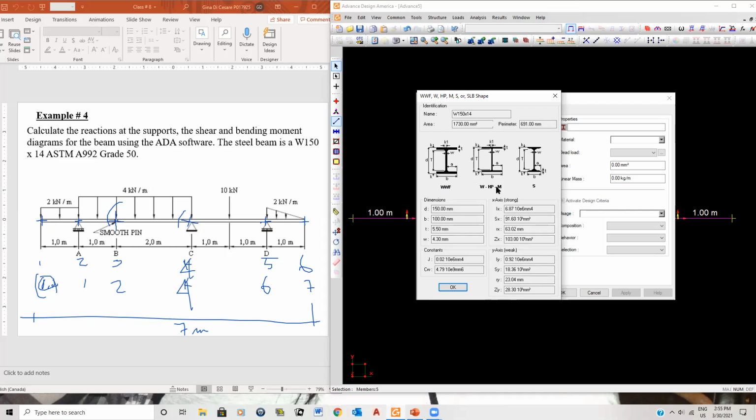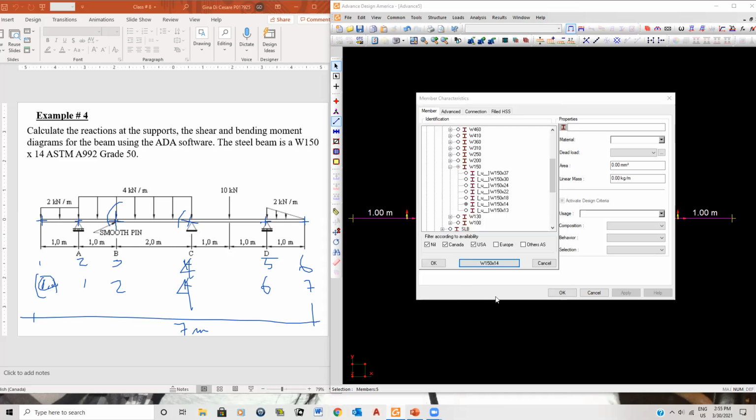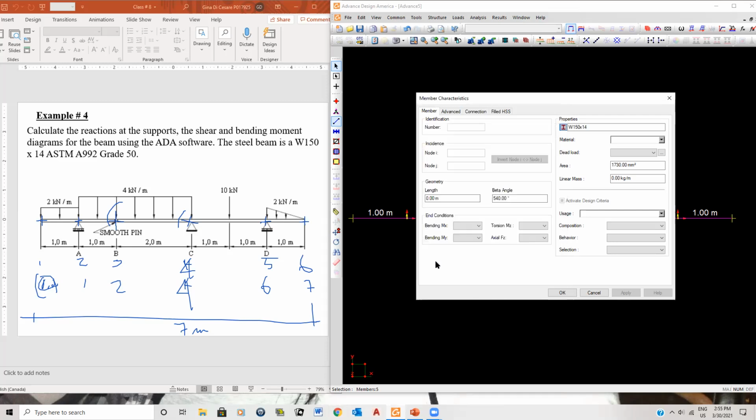And we will also be creating our own. I'll show you how you can create your own if you don't find it in here. So you press OK for that, and of course, you press OK. So now